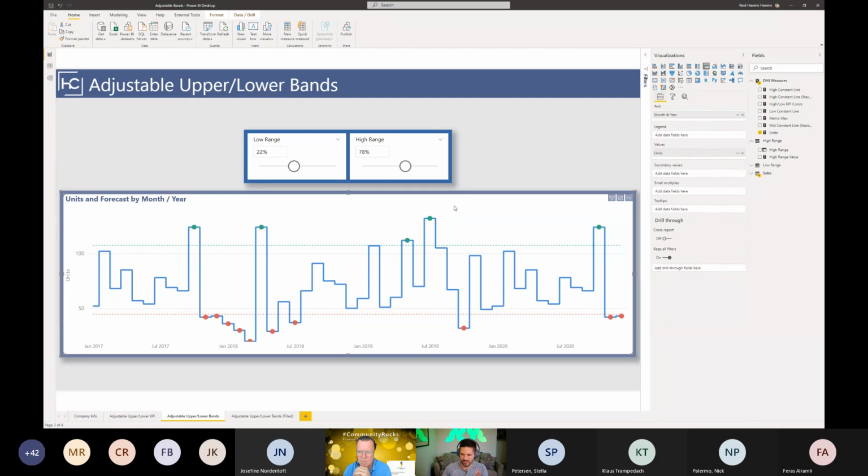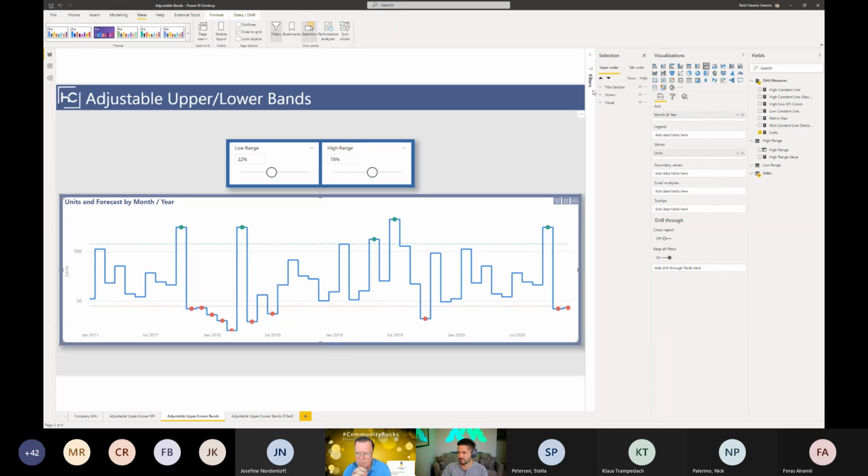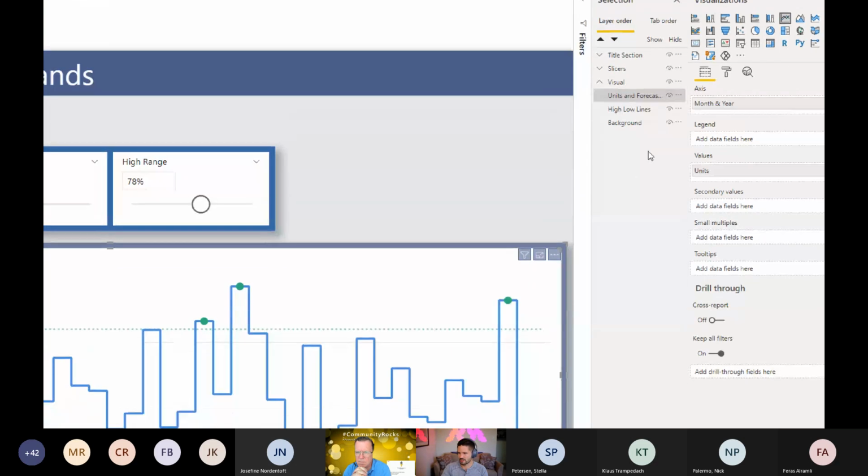So what I've actually done with this is because there was no way for me to be able to add in this line in the value section here. I tried and attempted to do that, but it ended up with a lot of weird formatting that was coming through. The icons basically ended up showing across this. So the way that I achieved this is, again, through some unique layering perspectives. What I actually have, if I open up my selection pane, if I open up the visual in here, you'll notice that there's actually a couple of objects in here.